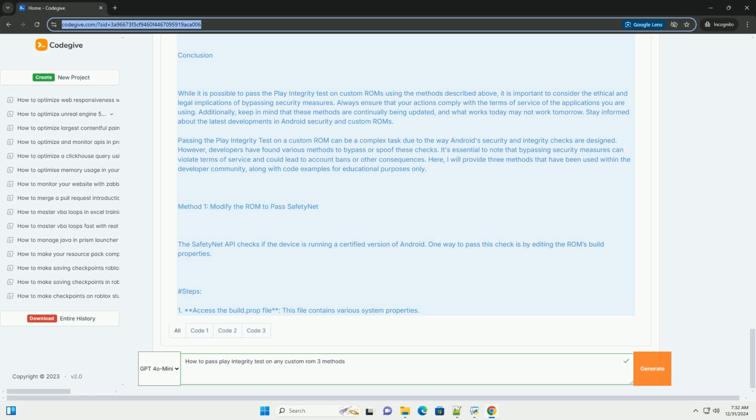SafetyNet.getClient(this).attest(nonce, API_KEY).addOnSuccessListener(new OnSuccessListener<SafetyNetApi.AttestationResponse>() { @Override public void onSuccess(SafetyNetApi.AttestationResponse response) { String jwt = response.getJwsResult();